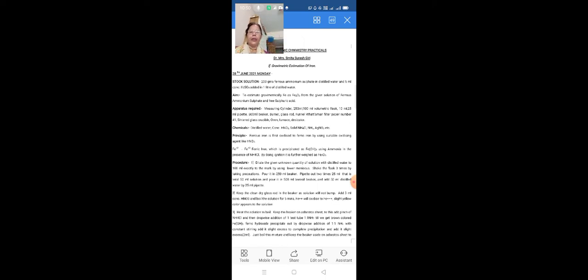Just boil the mixture and keep the beaker aside on an asbestos sheet. For mixing purposes we boil the solution, and then we keep the beaker aside. Let the precipitate settle down properly. When it has settled, adjust the funnel on the stand. Fold the Whatman filter paper in a 3:1 part, that is 3 for one side and 1 for the other side.